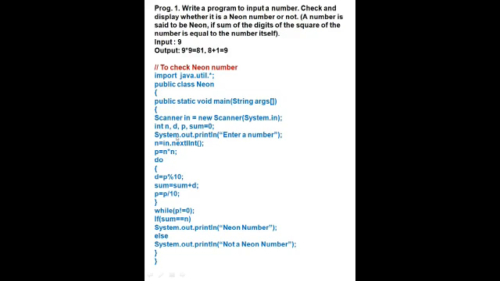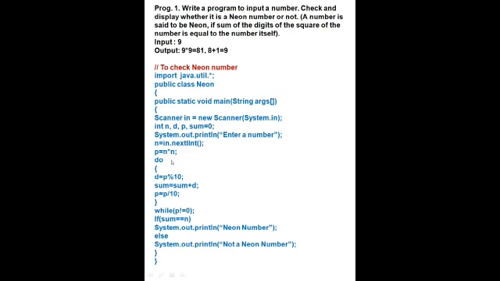Now first we will enter the number. System.out.println enter a number. Then we will write the next int. nextInt, this is not double I, only single I we will write here. This is the data type, integer data type. Now we will find the product. Product means we will find the square, n multiply n.